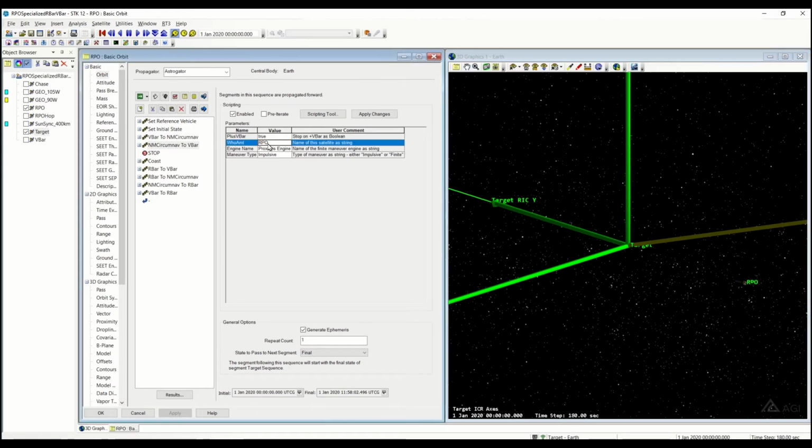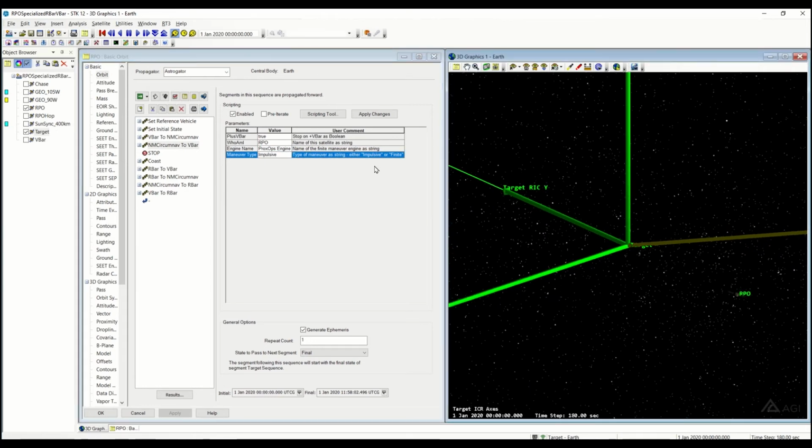And then we have to set a few other parameters over here. Who am I? I am the RPO satellite. What engine model? We're just going to take the ProcSop engine model. And then would you like to use impulsive or finite? We're just going to stick with impulsive today, but finite works as well. So if I go ahead and run this,